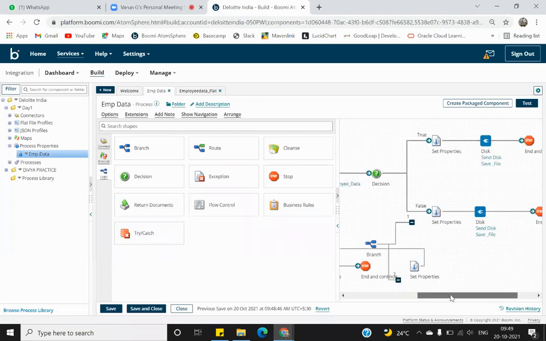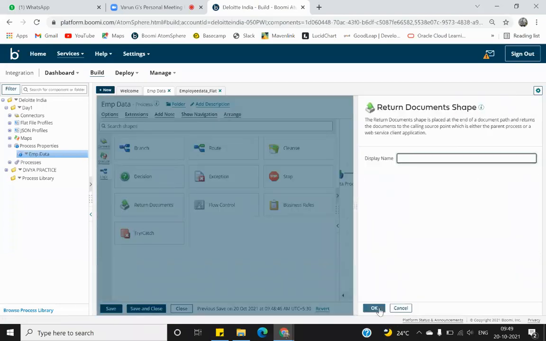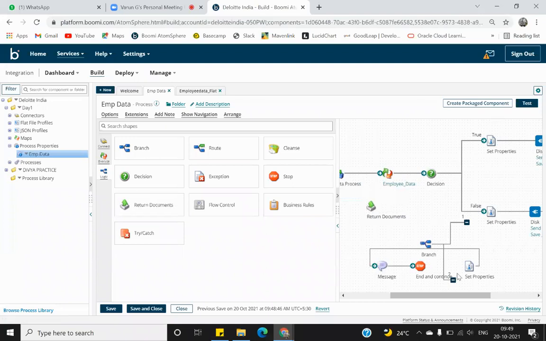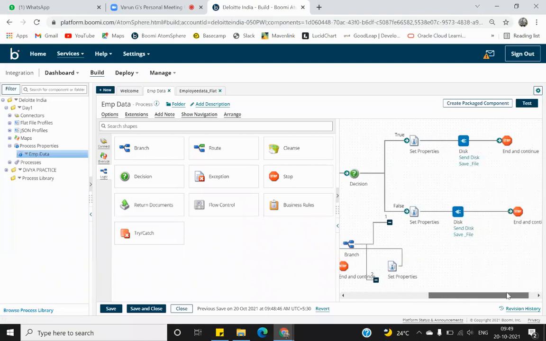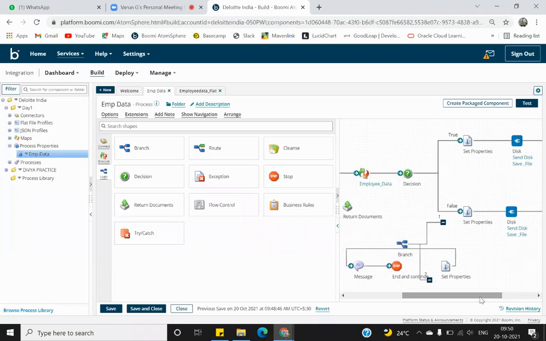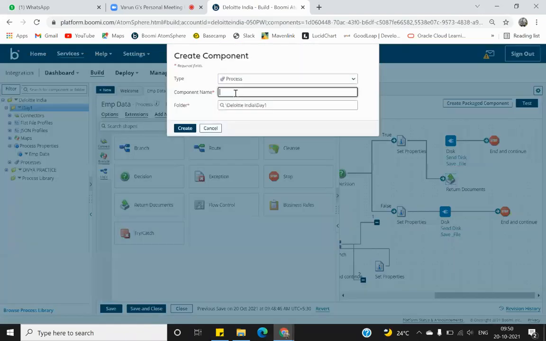Okay, now return document shape is used when we have to use the document coming out from this process into another process. For example, I have this process here. Okay, and I use a return document shape. I go in here, I created a process, suppose test.